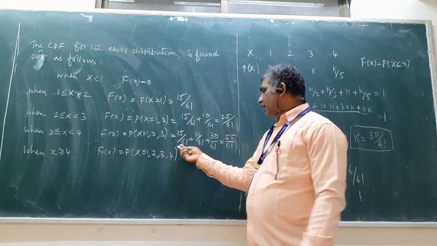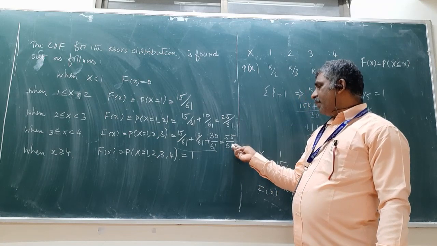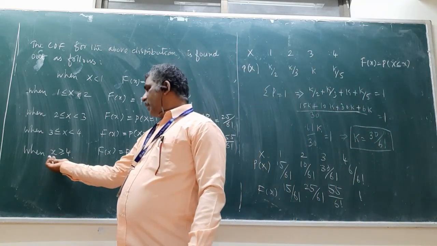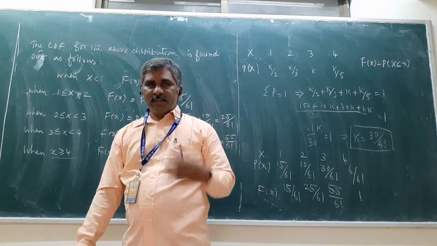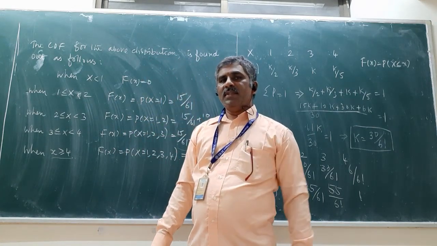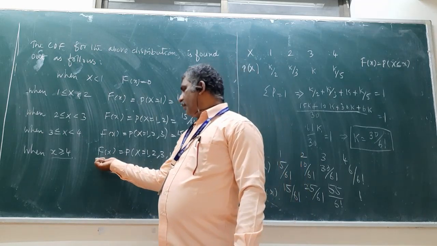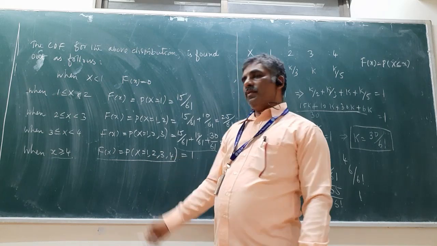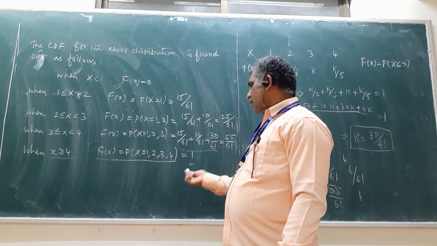When you add the three probabilities, you get 55 by 61. The last case, there is no other way, is x greater than or equal to 4. Only one value is there, but when you add the probabilities, you have to add all 4 values, 1, 2, 3, 4, which is equal to